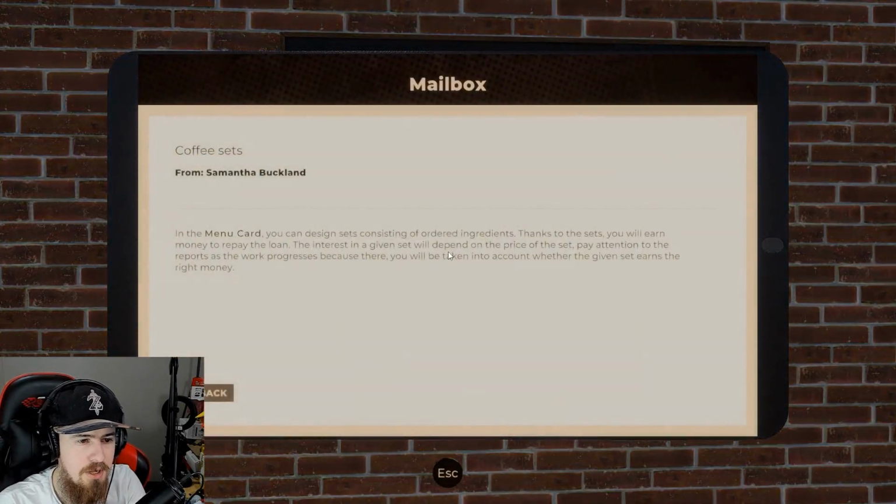In the menu card, you can design sets and order ingredients. Thanks to the sets, you will earn the money to repay the loan. The interest on a given set will depend on the price of the set. Pay attention to the reports as the work progresses, because it will be taken into account whether you give...